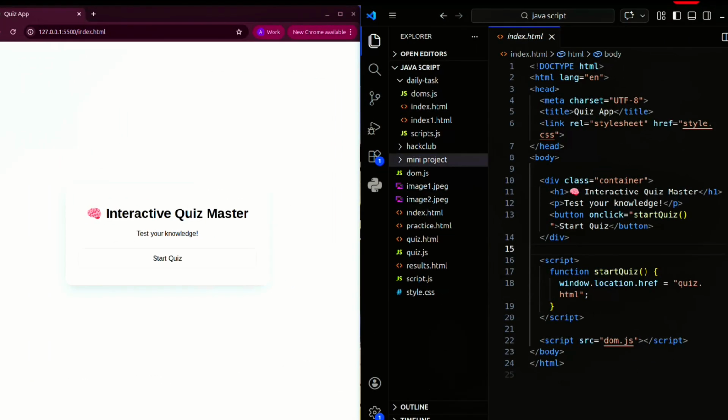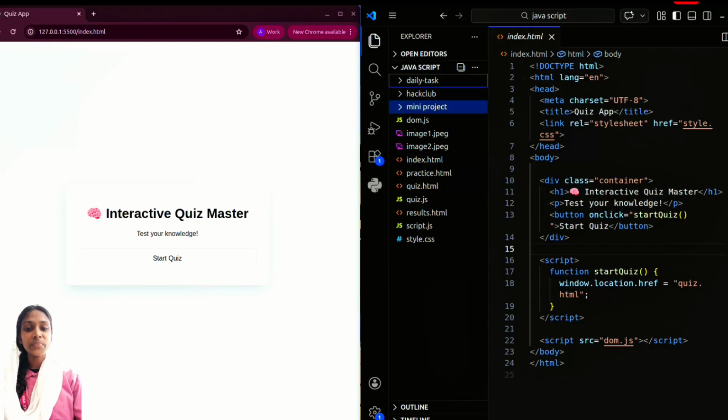First, let's understand what we are building. This is a simple quiz application where the user clicks a start button, then questions appear, the user selects an answer, the score gets calculated, and finally the result is displayed. In this project, we are using 3 HTML pages, 1 JavaScript file and 1 CSS file.